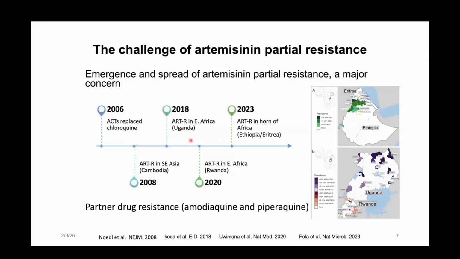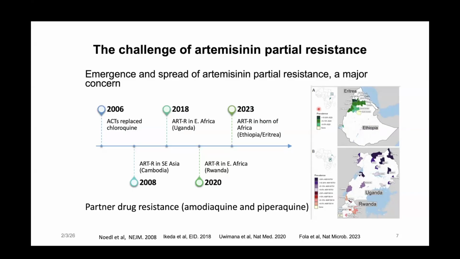There was really no clear evidence that this was a problem in Africa until 2018, when evidence emerged in East Africa, particularly in Uganda, that the parasite populations had acquired genetic mutations that might impact how they respond to artemisinins. And this was also later, like 2 years later, reported in Rwanda and now also in the Horn of Africa. And as I speak now, a number of these mutations are seen almost in the whole country, also down here in